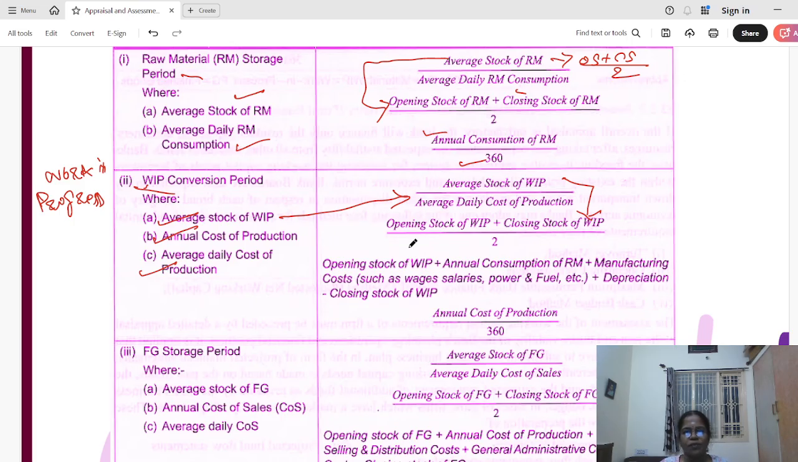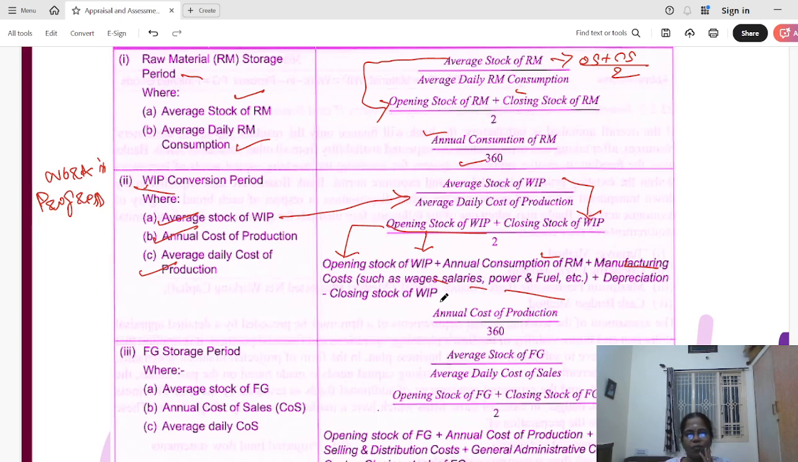Average daily cost of production: opening stock of work in progress plus annual consumption of raw material, manufacturing cost such as wages, salary, power and fuel, etc., plus depreciation. How much raw material they use in a year, and their manufacturing cost, that is, whatever cost occurs inside the manufacturing premises such as wages to the employees, salary for the workers, power and fuel for the machines and other cases, and depreciation,